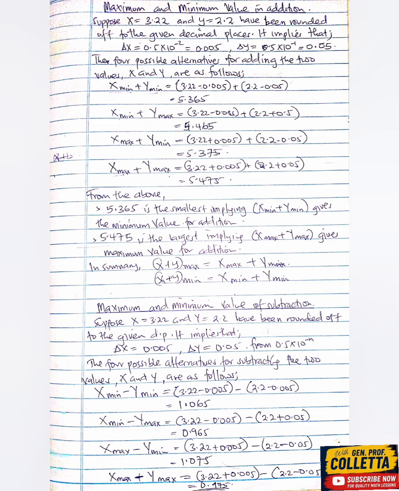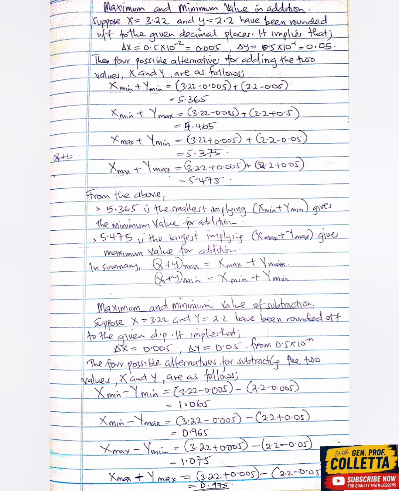Then x min plus y max: I get the minimum value of x by subtracting the error, then the maximum value of y by adding the error, which is 0.05. You can make a correction on the second calculation: that is 2.2 plus 0.05, not 0.5. That is a simple correction. When you add, that is the answer you get: 5.465. Then x max plus y min, you get 5.375. Then x max plus y max, you get